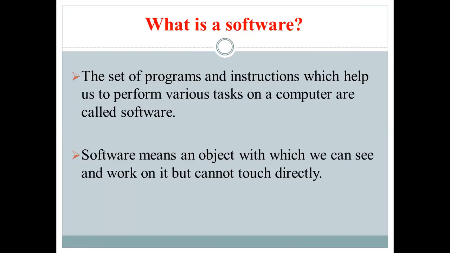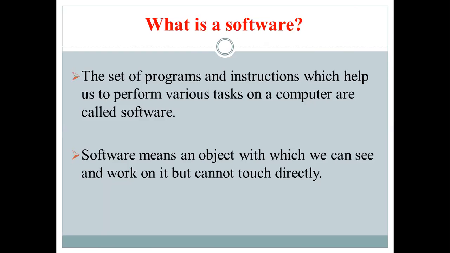Now let's begin with what is a software. See children, when you click on start button, that start button displays start menu containing some programs. They are called software. In that you can see multiple programs are there. If you want to work on any particular program, you need to click on that program. That will be open on your monitor screen. These all programs are called the software.